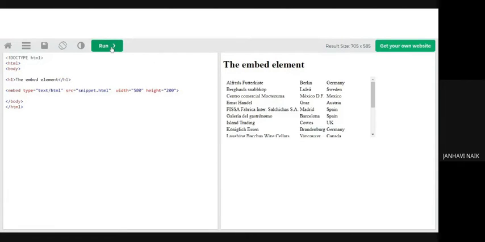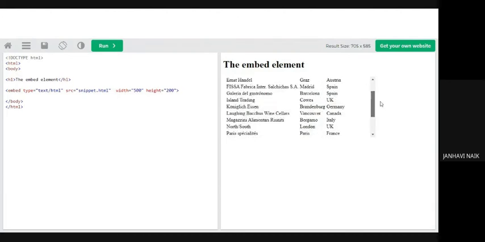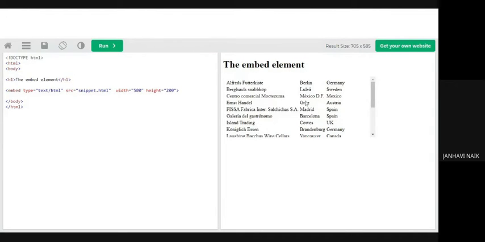So when you run, this is like inserting a web page. You can scroll. This content is there in my snippet.html file, and I'm just calling that particular file. This is called embedding. That means in the whole of this web page, I'm inserting one more web page into a small location with the help of the width and height which is specified. Like that you can embed almost all pages onto a single web page by just giving the source and the width and height. So that is the use of the word embed, embedding one into the other.